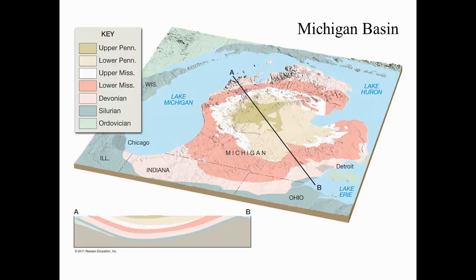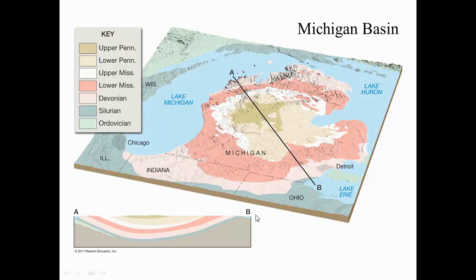A good example of a large basin is the Michigan Basin, which underlies the entire state of Michigan. And like before, let's take a line of profiles, say from A to B in the upper figure, and cut and slice through that line and turn it 90 degrees to get a cross section, as shown in the lower left. And in the cross section, again, we find the profile A to B going from